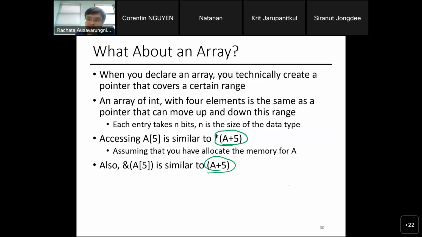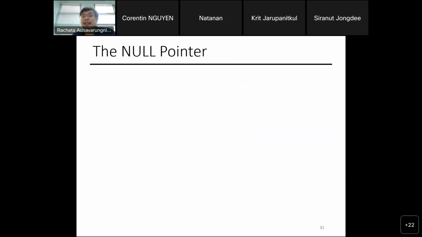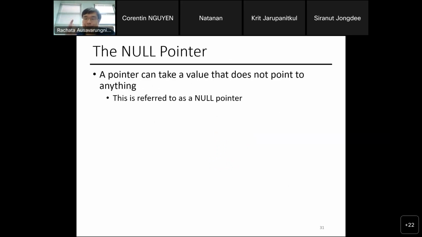All right, and then there's the concept of the null pointer. A null pointer basically means a pointer that doesn't point to anything. For example, if I just do int star temp, I can do temp equals null.